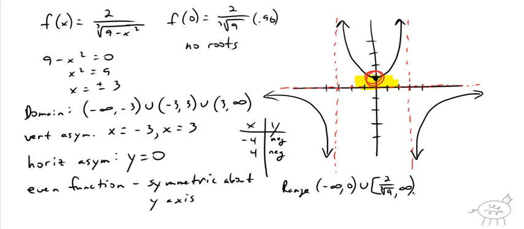That's my range. Okay? So that's it, math fans. That's the graph, the domain and the range. It's really helpful to apply all these different techniques because when you're taking the AP exam, there's going to be a non-calculator portion, and they may ask you different things about graphs. We're going to cover a lot in the next chapter with limits, but you're going to have to be able to sketch a graph based on some function they give you. So you have to use your knowledge of domain, range, asymptotes, and even and odd functions, and it's going to come in really handy. Hopefully this was a really good example of applying all that and coming up with the range at the end,